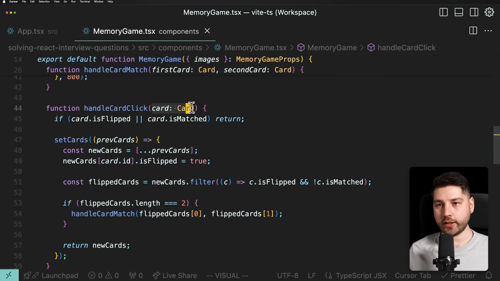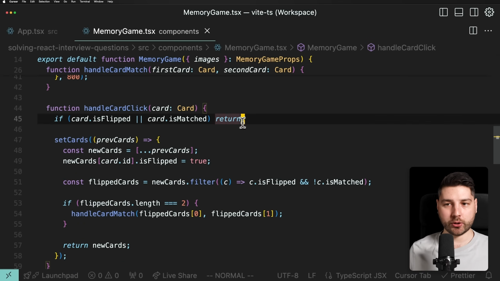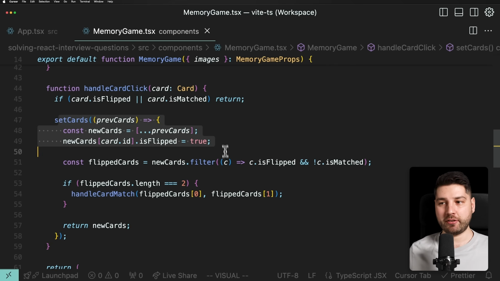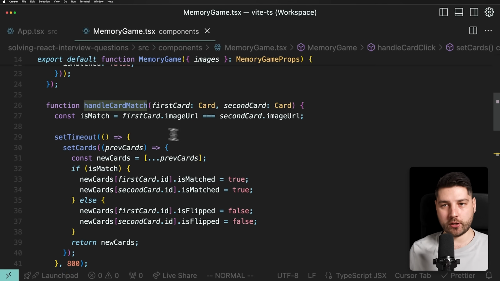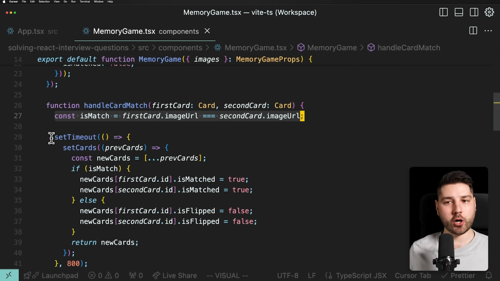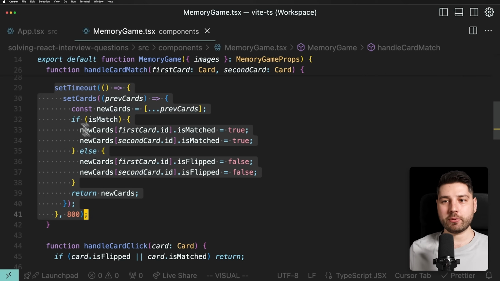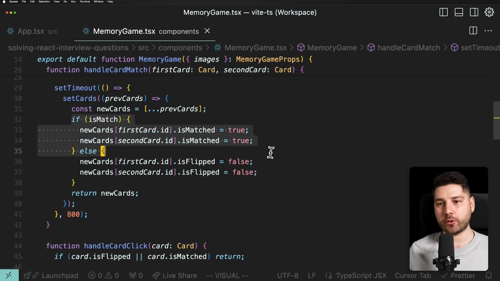Then we have this handleCardClick. It receives a card and then we check if it's flipped or not. We return. Then we set the cards and we flip the card, and then we check how many cards are flipped. And if we have two, we then check if they're a match using this function. We separated it in a separate function, which is cool. We check here if it's a match, and then regardless, we're going to set a timeout, and then we're going to check here if it's a match. We're going to set both of these to matched. If it's not, we're going to reset the flip to false, and we return the new cards,